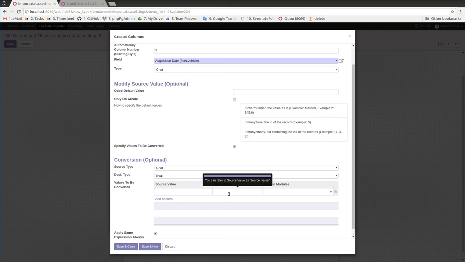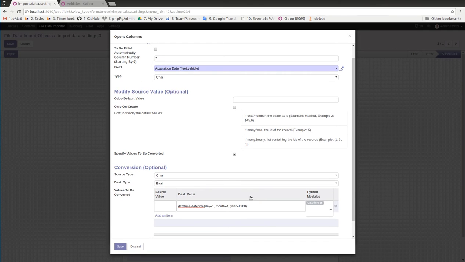I'm going to do the following. I'm going to create a datetime object from Python saying day the first, month the first, and year 1900. And what I'm going to do is add into this value the number of days that the importer finds in the cell. So datetime.timedelta(days=source_value), and source value, as you can read here,